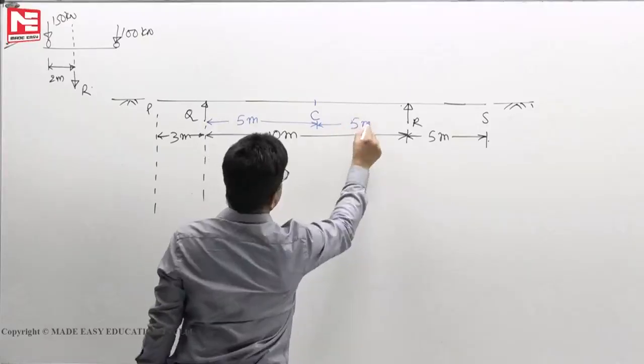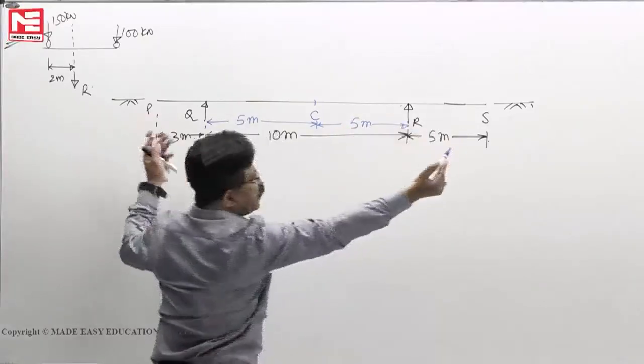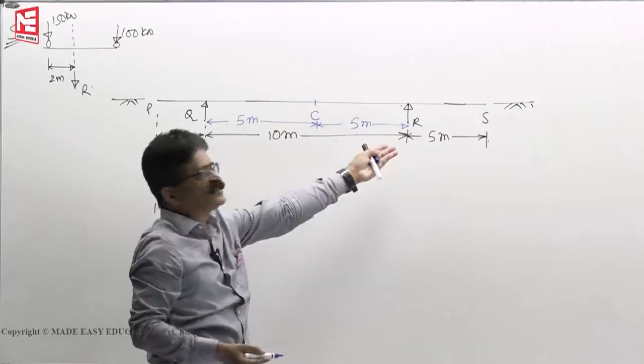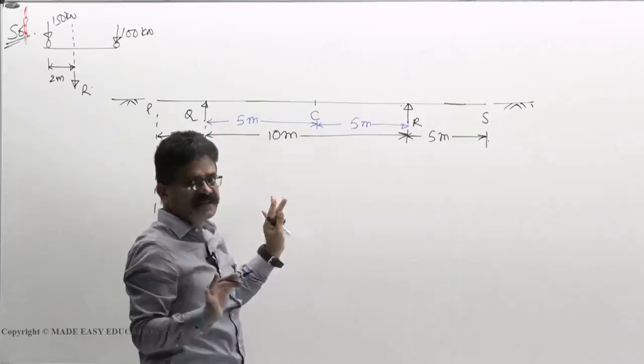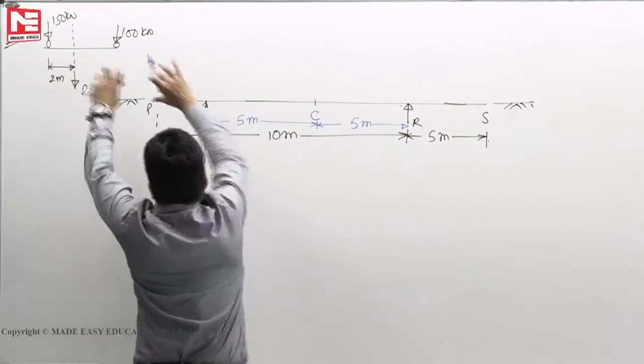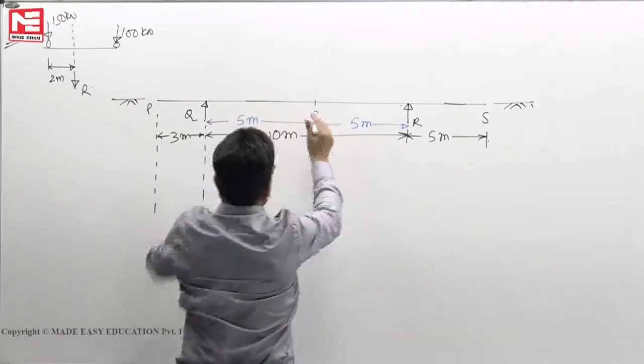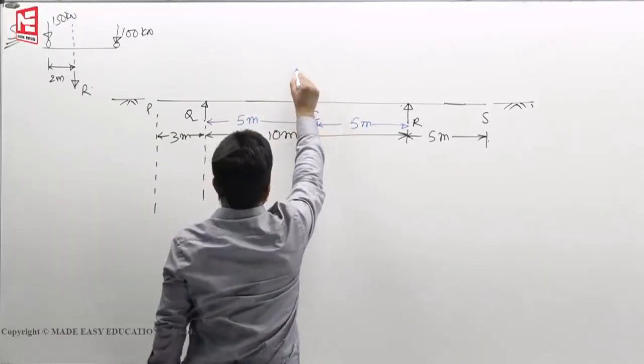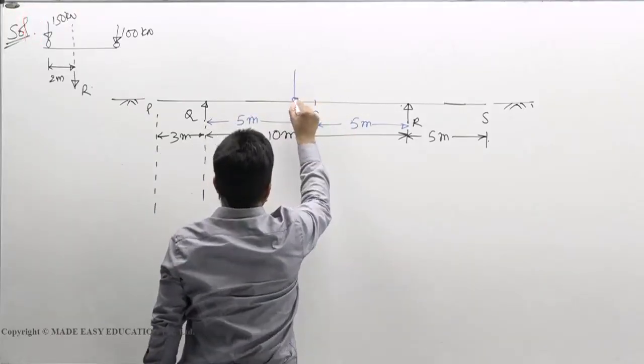This is also 5 meters. Whether the overhang lengths are 5 meters, 6 meters, or 7 meters, we are not interested, because it will sag here only. Now take that load system and stick it here. How do you have to stick it? The chosen load,